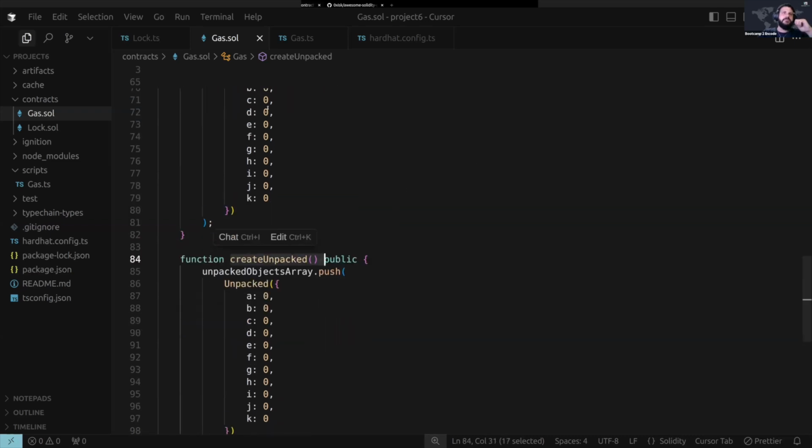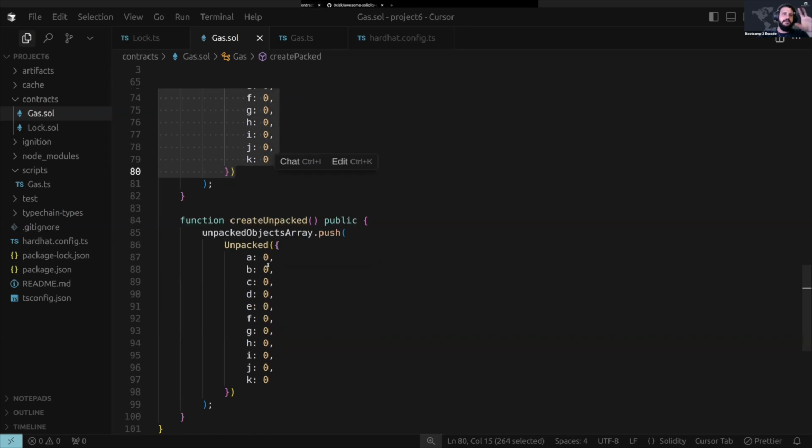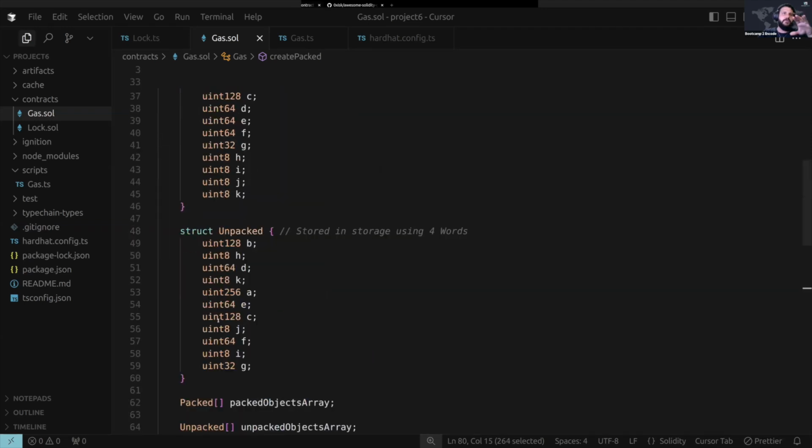And if you look here, those objects are exactly the same object, from A to K. They are the same object, the same sizes, the same values and all. They are just organized differently in the code. Like I'm doing this and that. I'm changing the lines of code. Just by doing this,